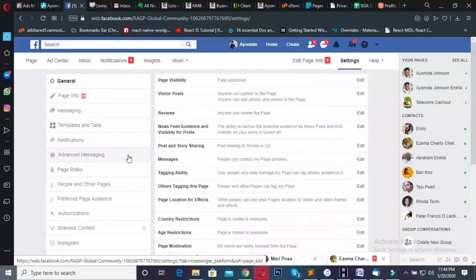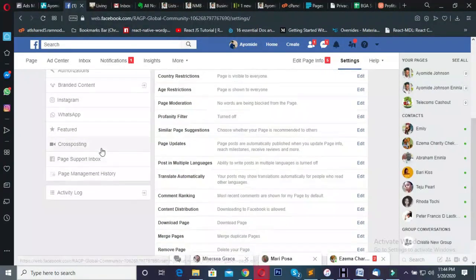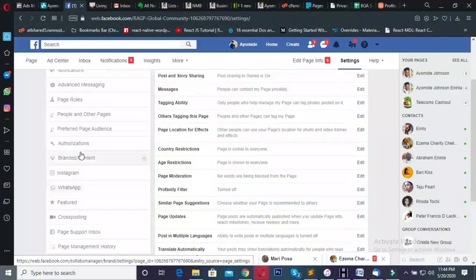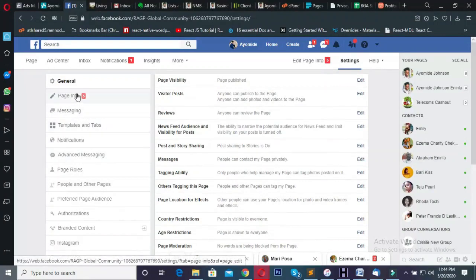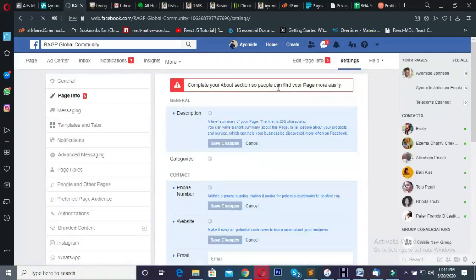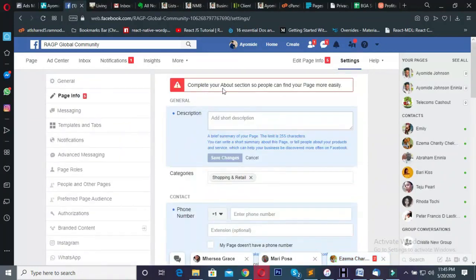Okay, so this area is where you get to manage the settings for your Facebook page, add your Instagram, add your WhatsApp, and configure the messaging, configure how it looks, and so on and so forth. So this is where you get to configure the whole page, everything about that page. So all these are things you can always come back to, but it's also very important you complete all of this information and settings before you start running ads,